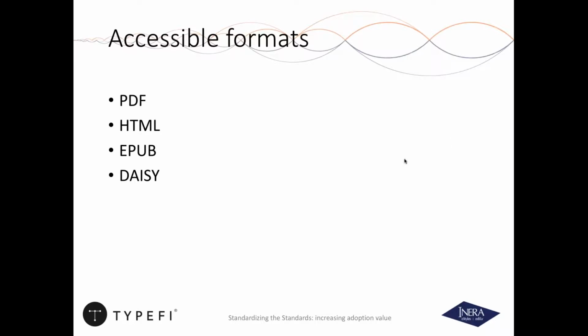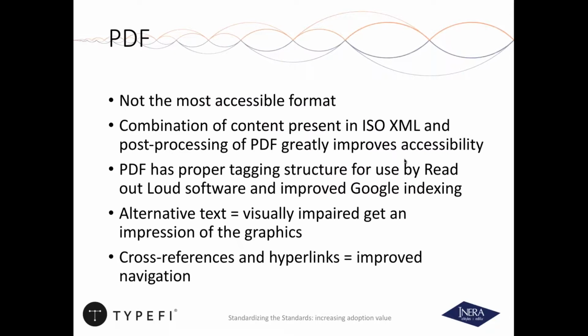Now that we've talked about the right people having access to accessible content, let's switch focus to accessible formats. The most accessible formats, in no particular order, are PDF, HTML, EPUB, and DAISY. It's important to note that PDF is by no means the most accessible of the formats that we're talking about today. However, if you combine the content already present in the ISO source XML, such as cross-references and alternative text